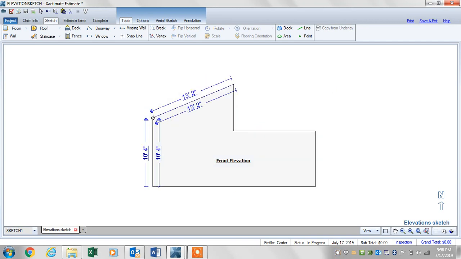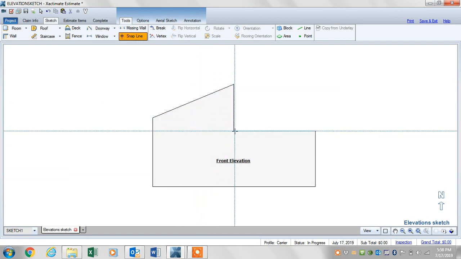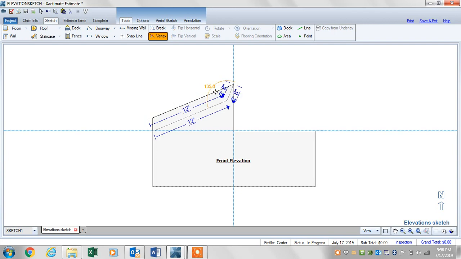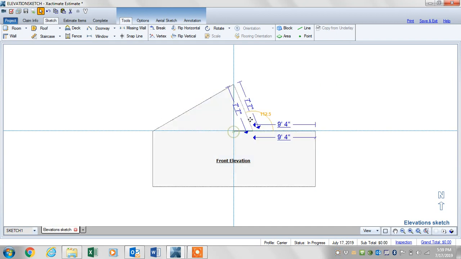Now you'll often find that with this handle you can only go so far and it starts doing funky things. So I suggest going up and hitting your snap line, bringing that down, and putting that right where your gable is. Now we can use our vertex key and hit where the snap line is. That way you know you're straight across, and then just simply straighten this line out. You'll do that, go on straight out here. Now you've got this side of the gable, and then we go in here, pull this bar,